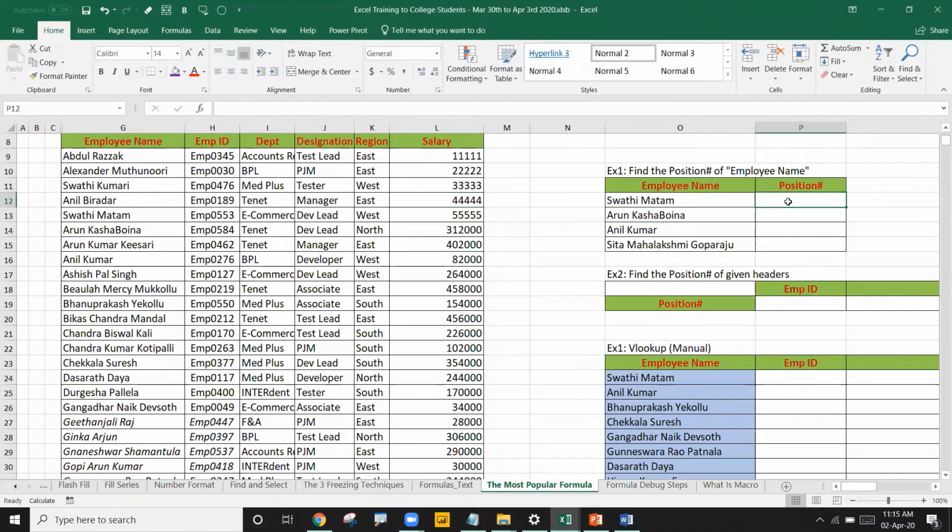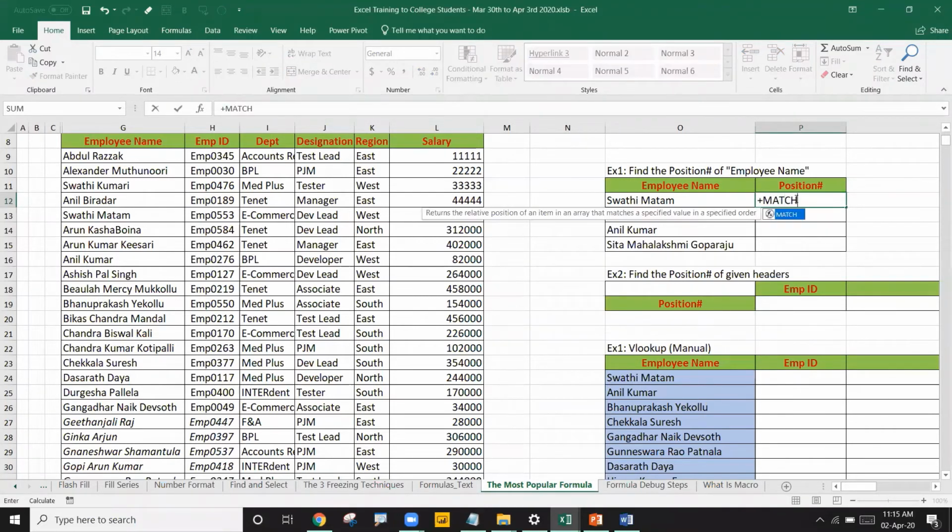So how to get the position number of this name? I'll show you this first. Equal to MATCH. Here it is asking for the lookup value, what you are looking for, the same way we were doing manually earlier. You see this: lookup value, lookup array, and match type. In the MATCH function, there are 3 arguments. Lookup value: we are looking for this name, correct? So that becomes your lookup value, comma, lookup array.